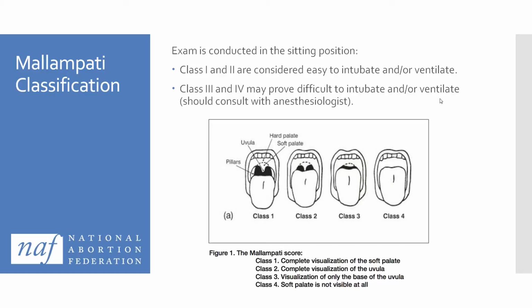Giving each patient a Mallampati score can help to classify which airways are appropriate for moderate sedation in the outpatient abortion setting. Class 1 airways allow for complete visualization of the uvula and soft palate. With Class 2 airways, you are still able to visualize the entire uvula. In Class 3 airways, only the base of the uvula can be seen, and in Class 4 airways, it is not possible to visualize the soft palate at all. For Class 3 and 4 airways, a reduction of sedation, alternative abortion procedure such as medical abortion, or provision of care by an anesthesia professional should be considered.